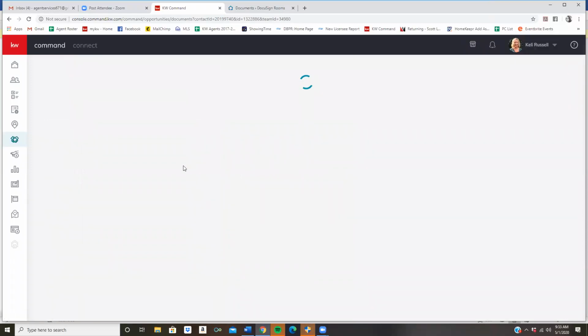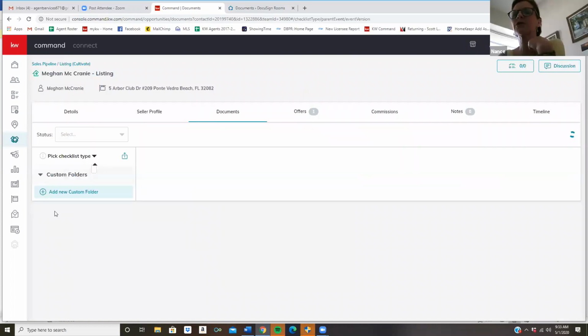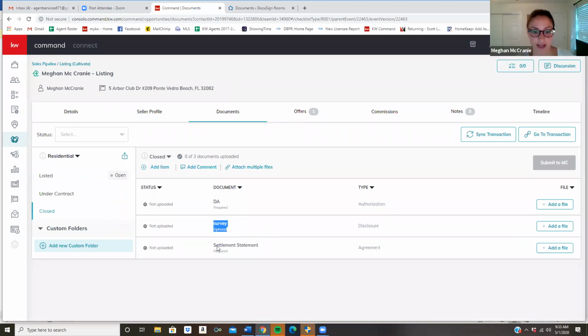The DA? There's a place under closed where you upload the settlement statement and survey that has a place for the DA as well. I haven't explored it, so I'm not sure where to look. She's trying to show you. Yeah, so DA, survey, settlement statement. So it's over here, Amy, under documents, and then under closed on the left-hand side, you see where it has listed under contract and closed? I do. You click on the closed, it pulls up those 3 items. Nice. Okay, so that will be there.